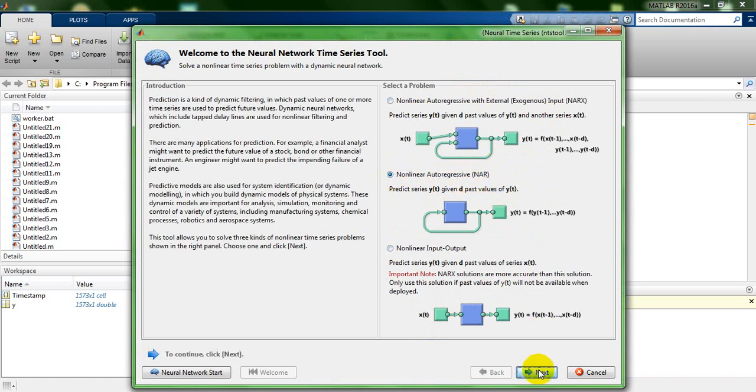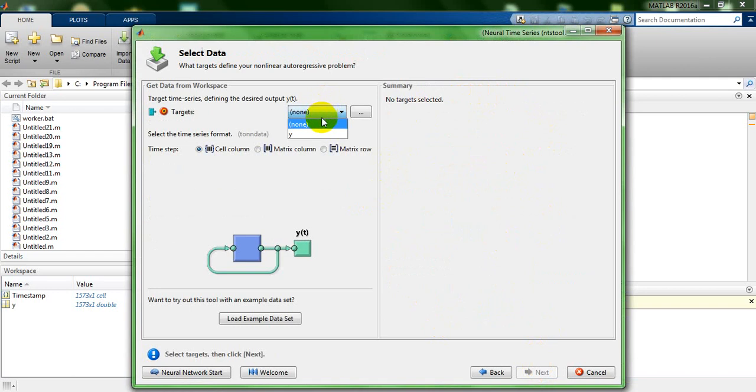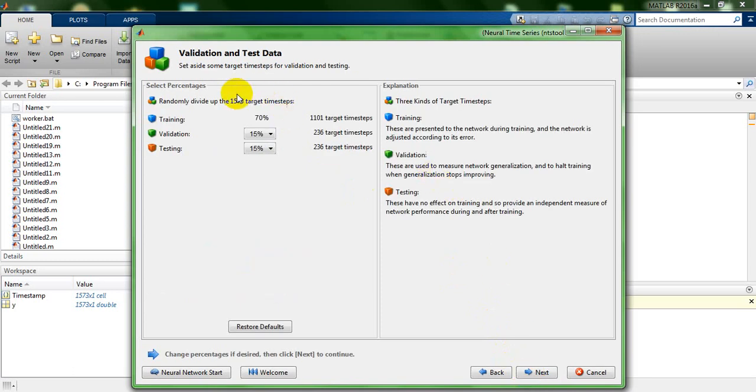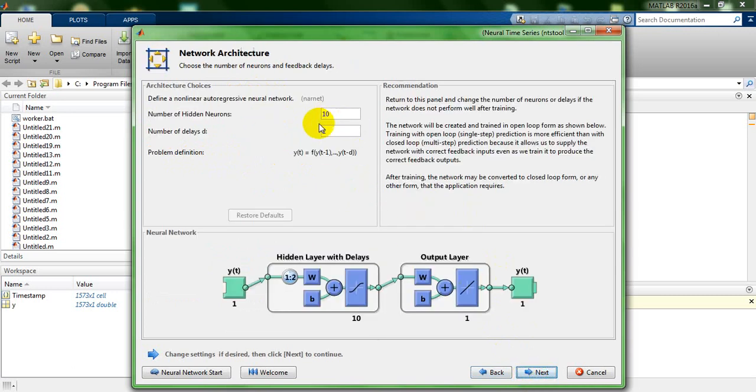Press here. Then next we will select our series. Then next here we will select each part for training, validation and testing. Here the number of hidden neurons and here the number of delays. We choose 2 for delays and 10 for hidden neurons. And then next